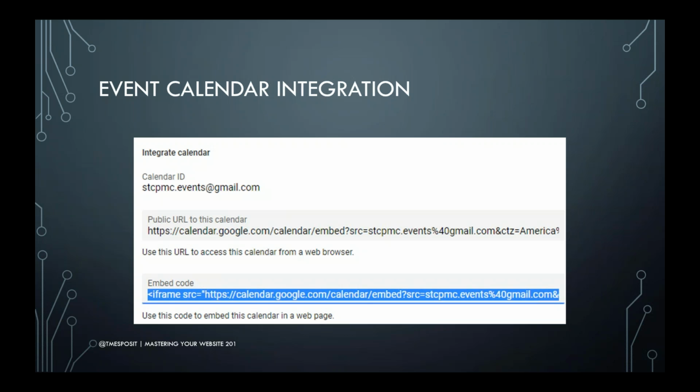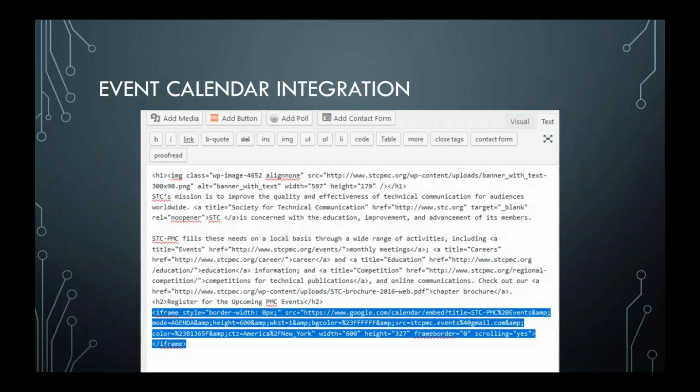All you have to do is highlight, copy it, and then go into WordPress and switch into text mode. Remember, when you're editing things in WordPress, it's usually in a WYSIWYG editor, which here would be visual. But if you click the text tab, and they may have renamed this in the new block format, you can always get to a text version of your website when you're editing a page or a post. When you switch to that, it shows you some basic HTML. All you have to do then is paste in that HTML code that Google generated for you. When you switch back to visual mode and publish your post or your page, that calendar will appear as illustrated earlier.